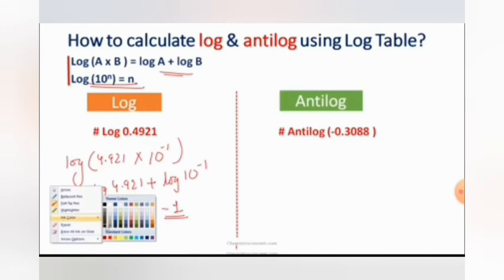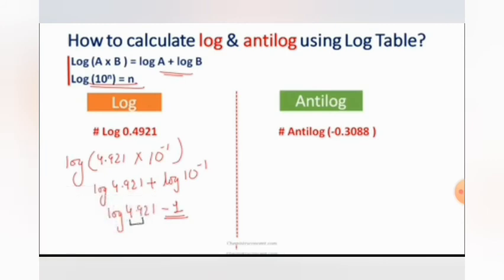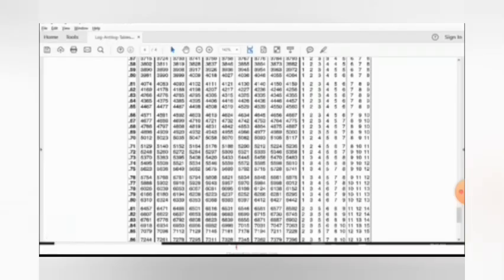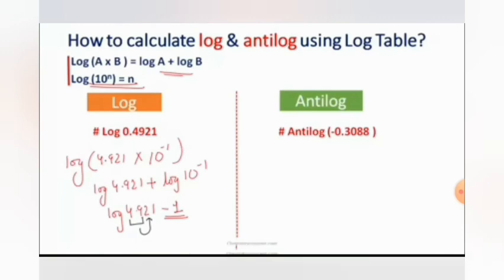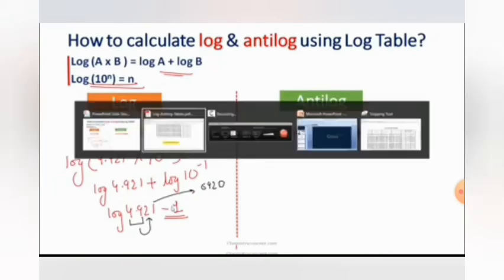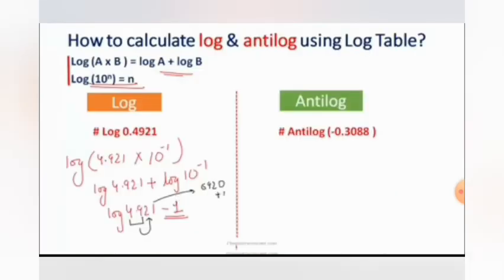Then take the value of log 4.921 and take the first two digits together, 49, and then 2. Therefore, find 49 in the logarithms column, move across that number 49, and take the value from column 2. Move across 49, and 6920 is the value corresponding to 2. And also here we have to consider the mean difference 1. Mean difference 1, the value is also 1.